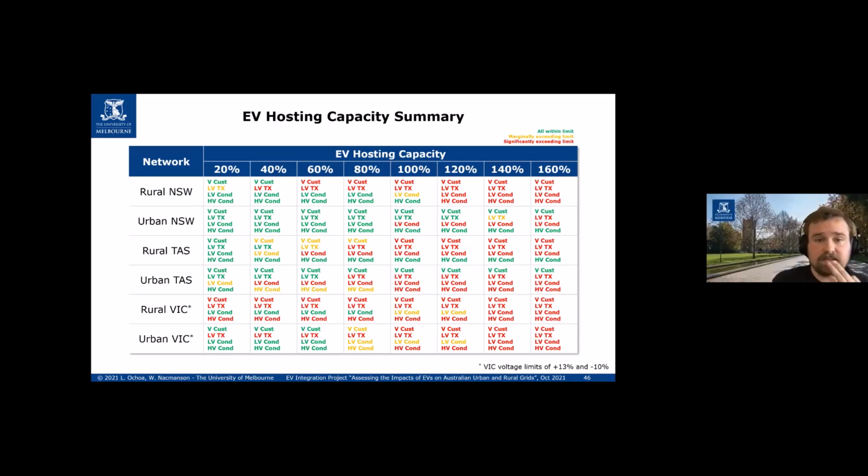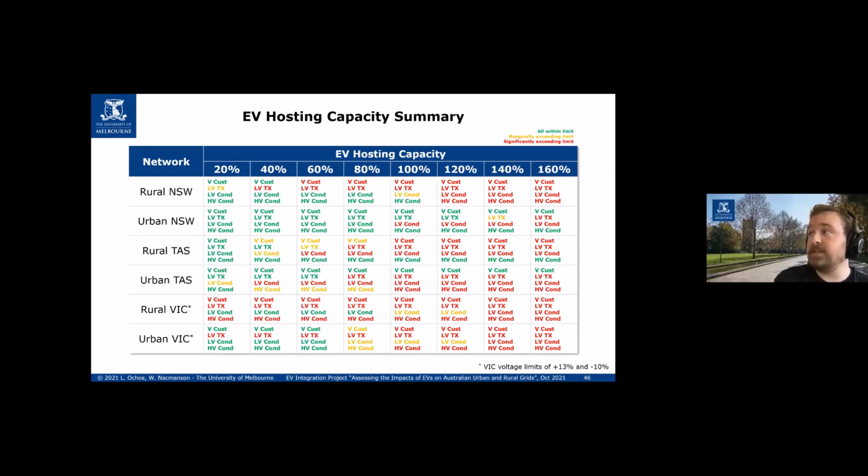What are the key takeaways here? Well, firstly, we can see that asset congestion is the main issue. That's really the limiting factor for a lot of these feeders, particularly the urban feeders that can be very problematic. The second thing is voltage issues in the rural feeders can be quite significant, whereas for the majority of our urban feeders there are no voltage issues, and the one urban feeder with a voltage issue, it's quite a minor thing. So voltages in urban feeders are good, rural feeders can be problematic.